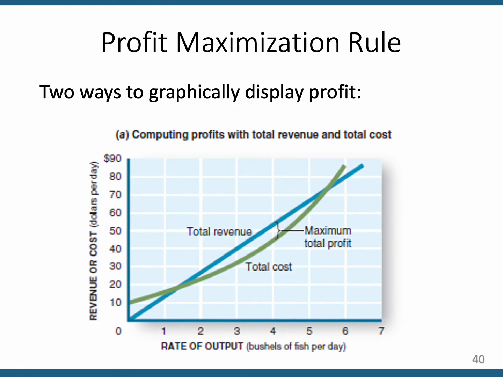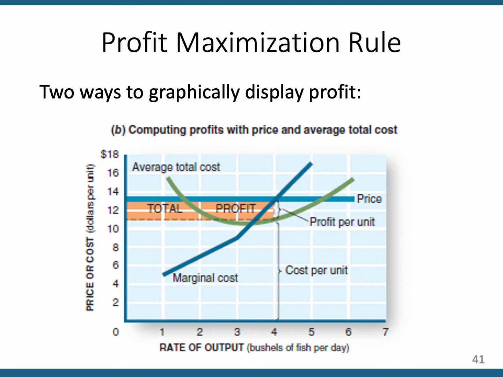So again, the reason that we don't use the total revenue and total cost curve to determine the profit maximizing level of output is because it's just too difficult visually to pick out the point at which the vertical distance between these two curves is the greatest. In this case, it's labeled for us. It happens at Q equal to 4, but it's not obvious by looking at this graph. It's not obvious at all. It's much easier if you're looking at the average cost curves and the average revenue curve, which is the price curve, right? And here it is.